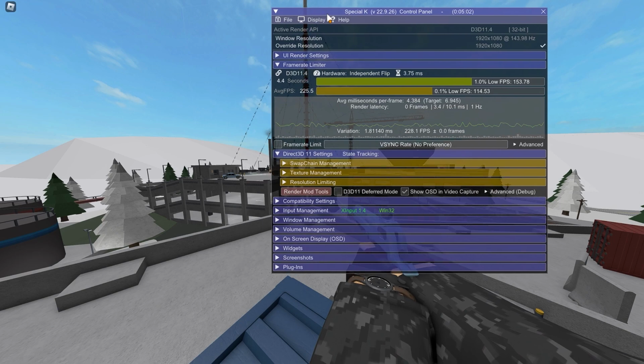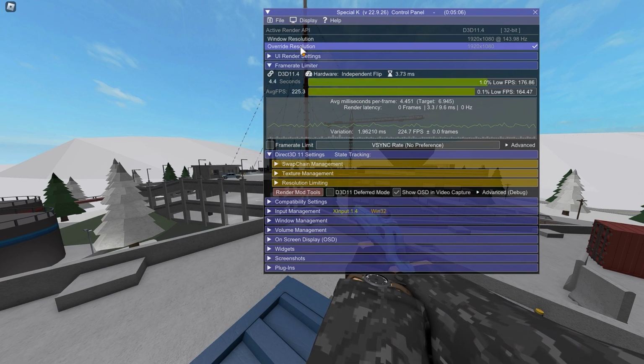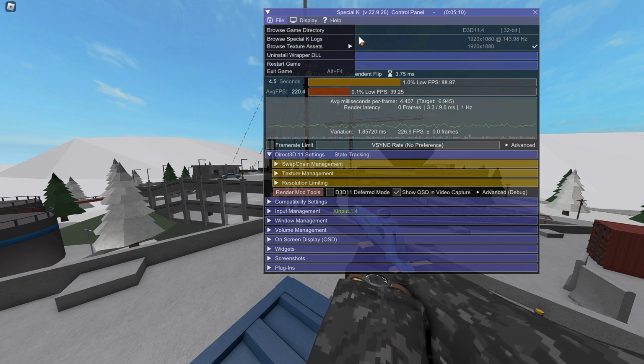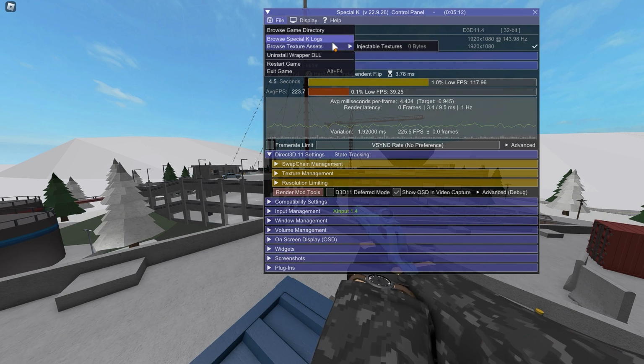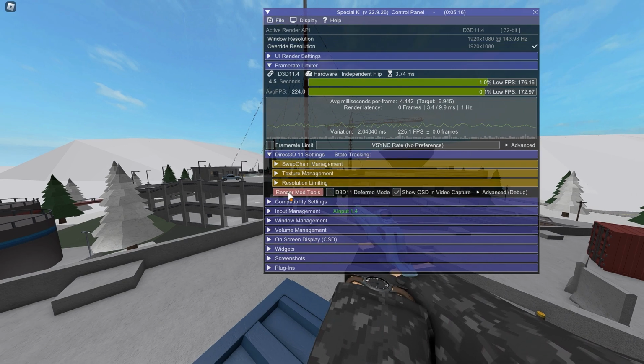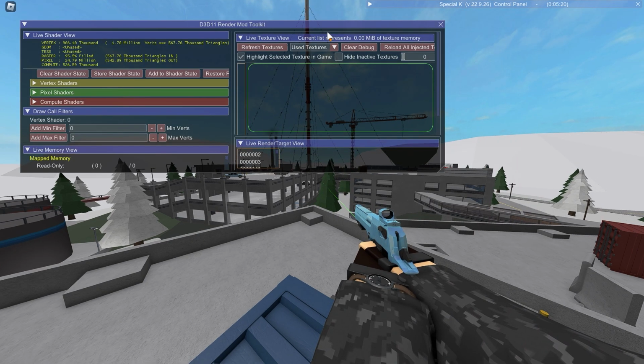The first thing you will do then is click on File and Initialize, and then click on Initialize Texture Mods. This will create the two folders, injectable textures first, and after you dump a texture, it will create the dump textures folder. Then you click on Direct3D 11 settings, click on Render Mod Tools, close that and